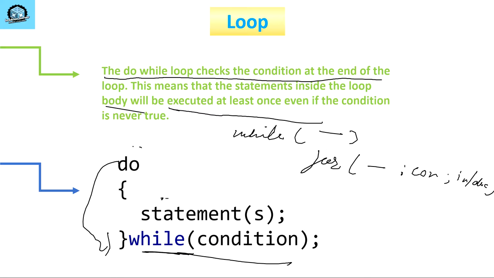In this syntax you can see the do part here. Here will come the statements, and here the while condition, followed by a semicolon. Okay guys, now let us see this part in